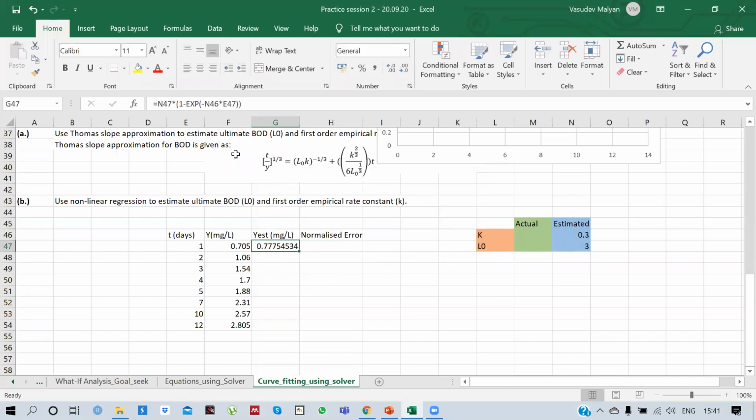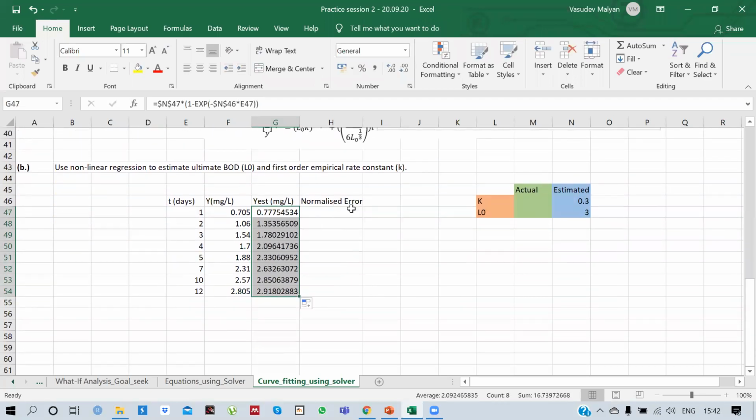So I have to fix these two cells, because if I drag it, then it will show me an error, because it will go all the way down here. So I will fix these two cells, which are L naught and K. I've already fixed them, and I will drag it here.